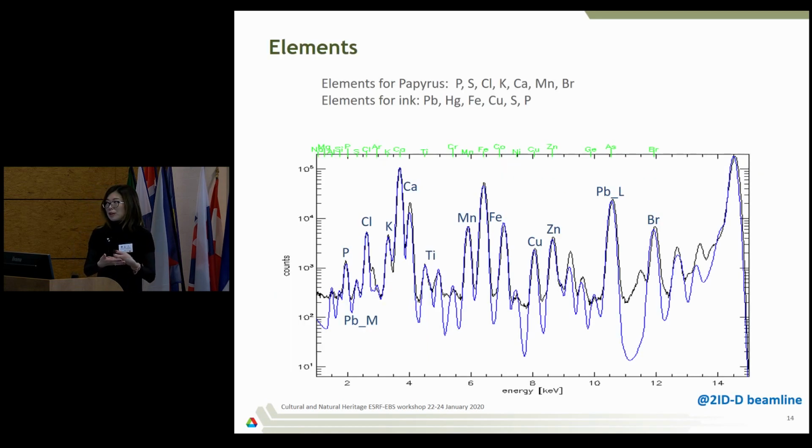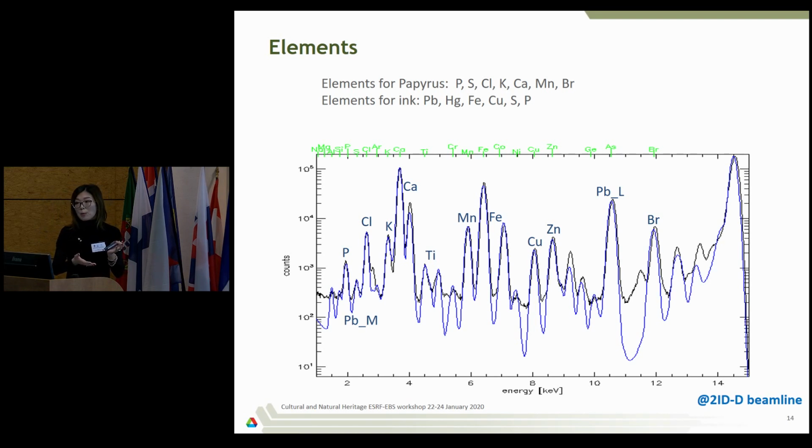Here is an integrated spectrum of a 2D scan from this sample. We add up all the signals over all the pixels, which gives us a good signal-to-noise ratio. We can see here the common elements that come from papyrus, which may vary from the source. And then here are the possible elements that come from ink: lead, mercury, iron, copper, sulfur, phosphate. From the integrated spectrum, we can see most of the elements. If we focus on the lead L line and lead M line, we can see there's a significant amount of